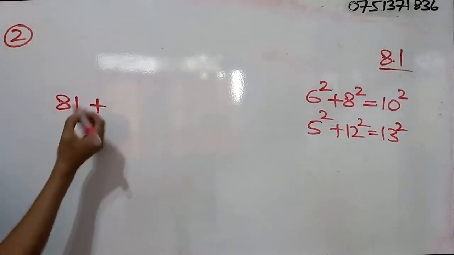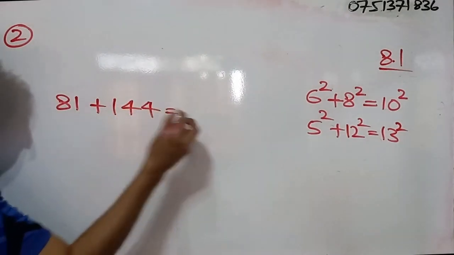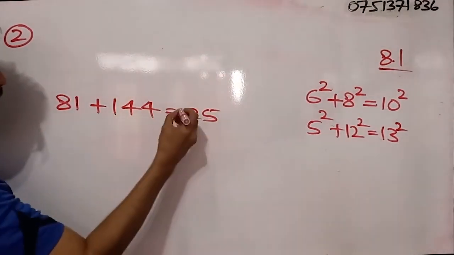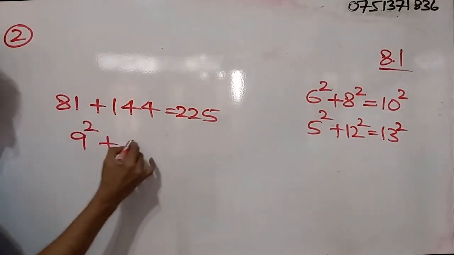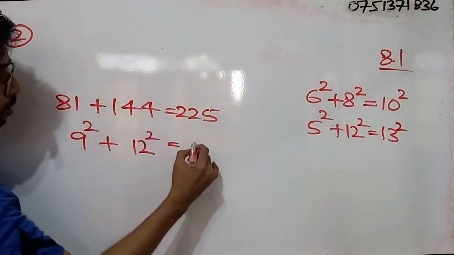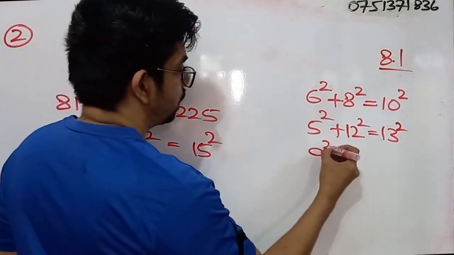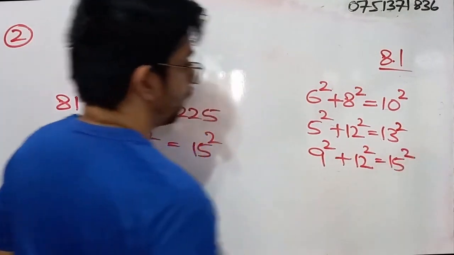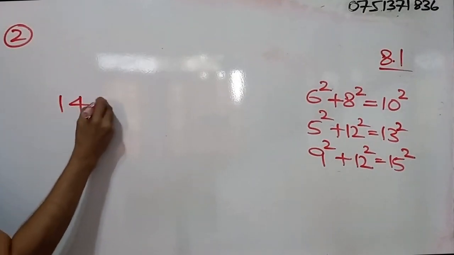81 plus 144. 1 plus 4, that is 5. 8 plus 4, that is 12. 1 plus 1, that is 2. 225. That means what? 9 squared plus 12 squared. So that is equal to what? 15 squared. Right? So 9 squared plus 12 squared, that is equal to 15 squared. Right. So the next one we have 144 plus